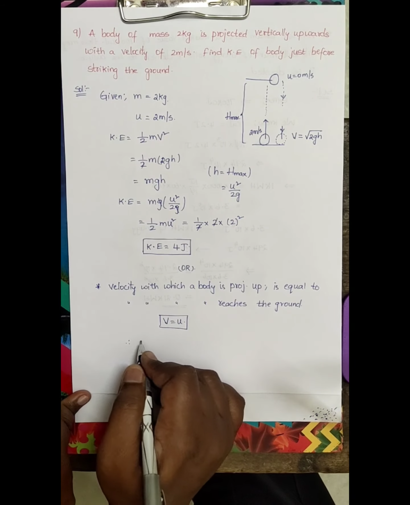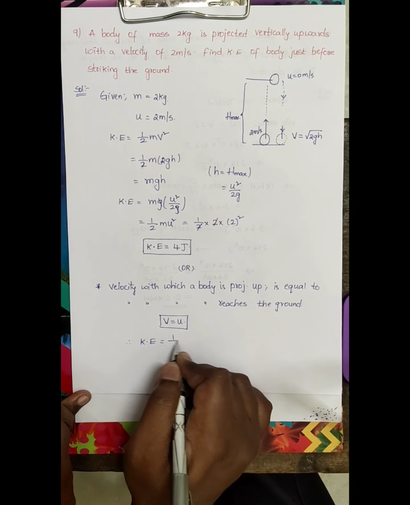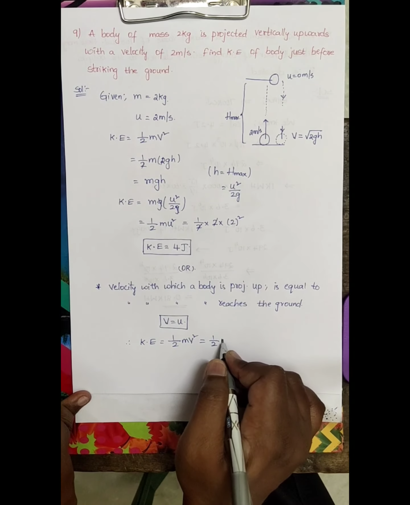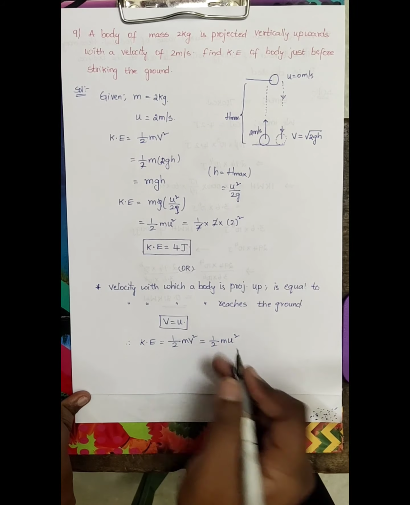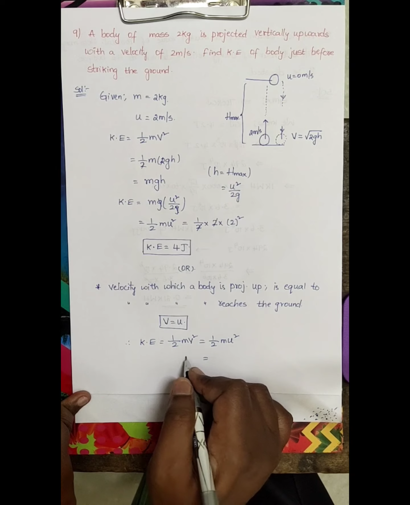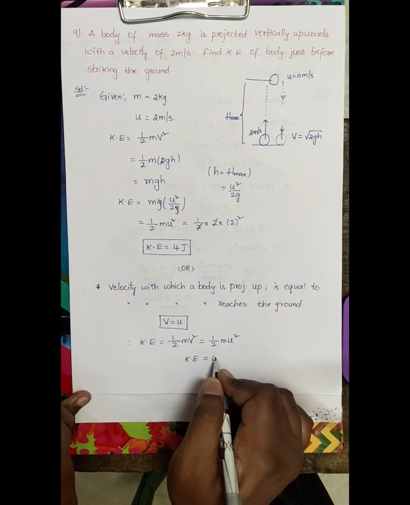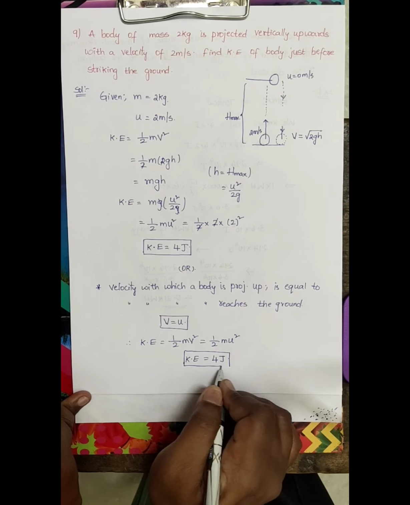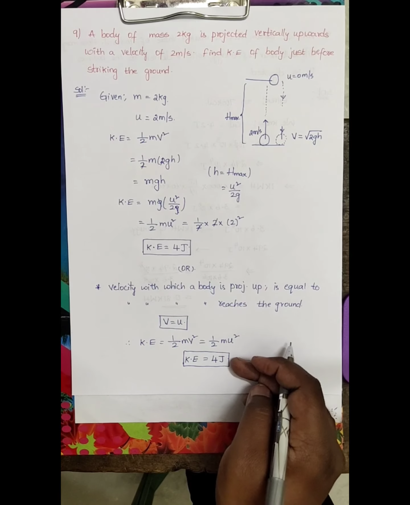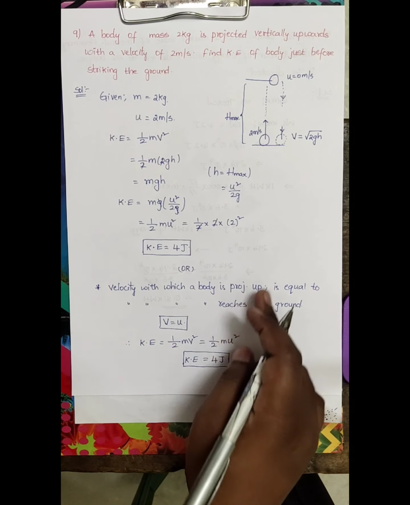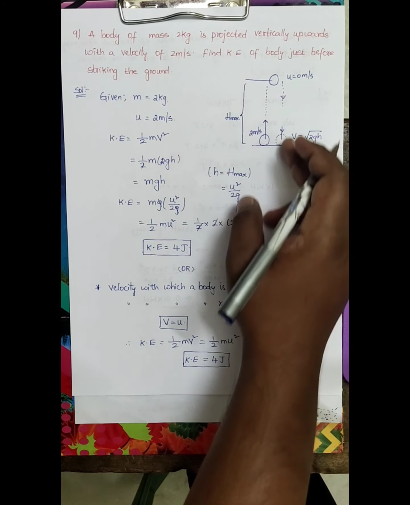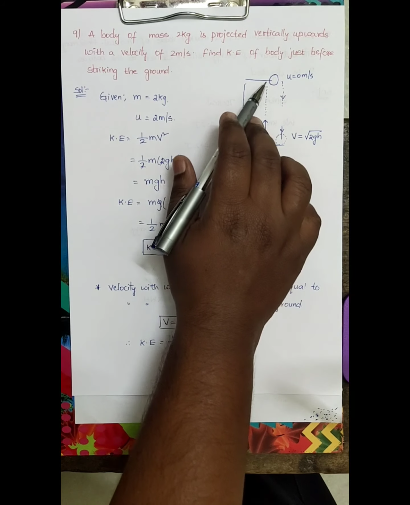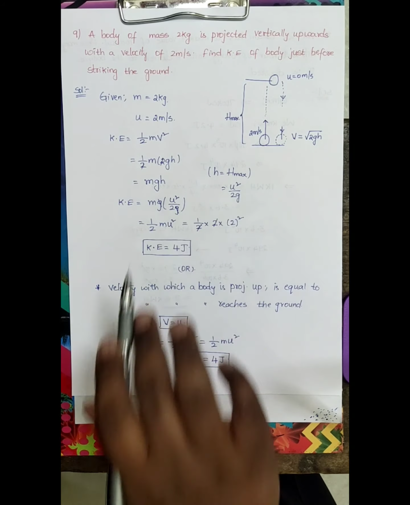So kinetic energy is half m v square, the exact formula, but it becomes half m u square since v is equal to u, and on substituting the values we again get kinetic energy as 4 joules. So there are two ways of approaching this problem. If you get this idea, you can directly do the problem this way. If you don't get this idea, stick to the basics and do the entire problem by studying the motion of the object when it is thrown upwards and how it reaches the top and then comes back. Okay children?